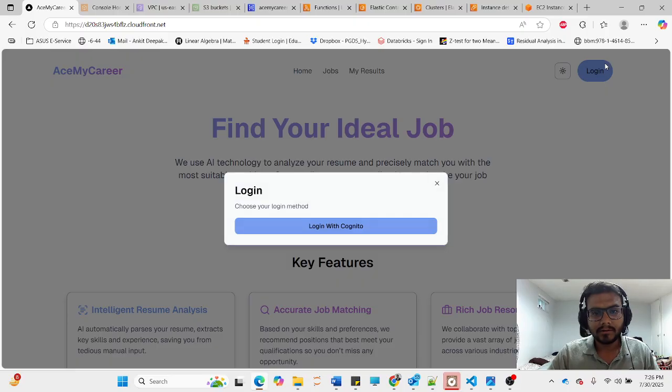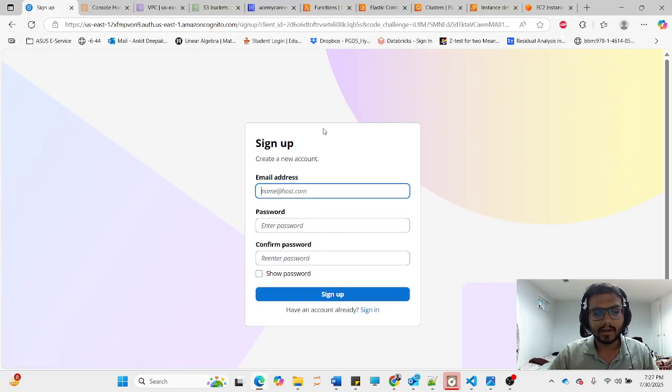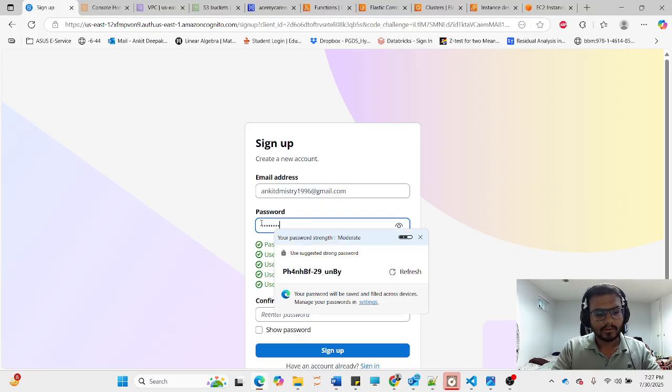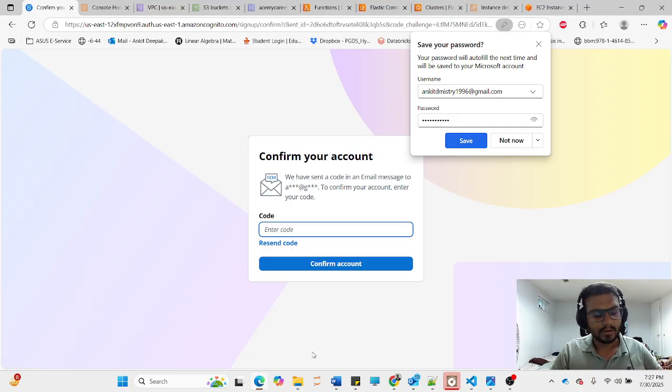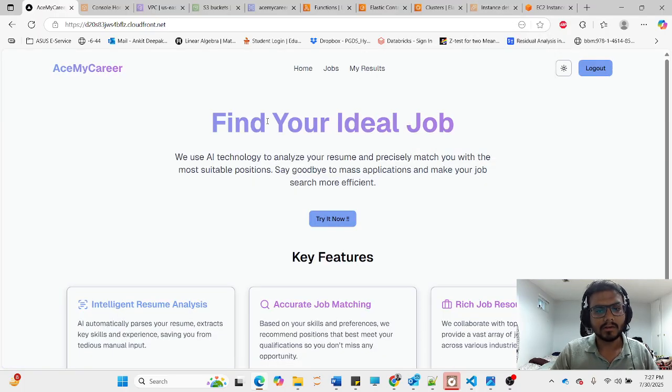And if we press it here, we will be able to log in. And it asks us to log in with Cognito. I have already logged in, but for the demonstration purpose, I'll just create another account. I'll just enter the password and re-enter it. Sign up. It'll send a verification code. I'll just quickly look into it and enter the code. Okay, so now we are logged in, and let's try our